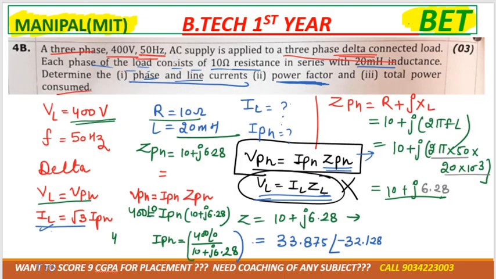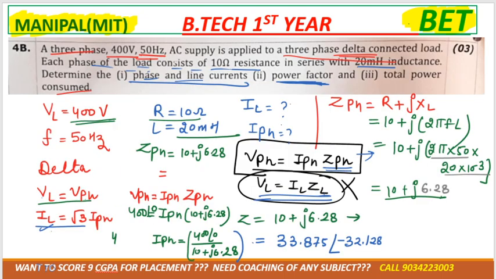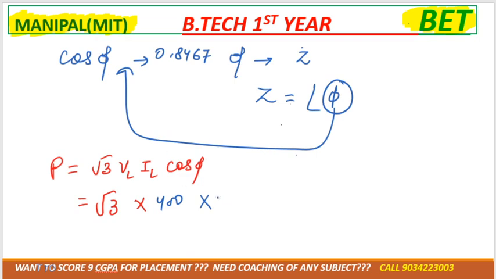Total power consumed means you need to calculate active power, that you know, √3 VL IL cos phi. VL is 400. In power you only need to take the magnitude, never take the angle. The current you are getting is 33.87, and cos phi is 0.84. You can multiply it, then you will get